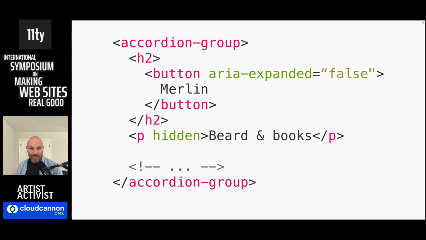When the web component runs and does its thing, the HTML in the DOM ends up looking a little bit different. You end up with button elements around the heading text so that you have a focusable interactive element. You get some ARIA attributes that indicate what's happening so that screen reader users understand the interaction patterns on the page, and the content gets hidden by default using the hidden attribute. But if this never actually ran, you would still have perfectly functional markup. And that's really the big difference between HTML web components and the way they were historically presented, and a lot of older tutorials talk about them.